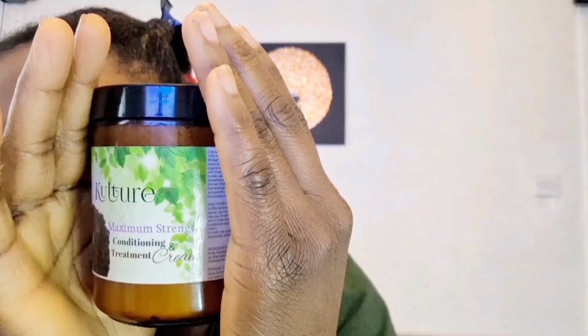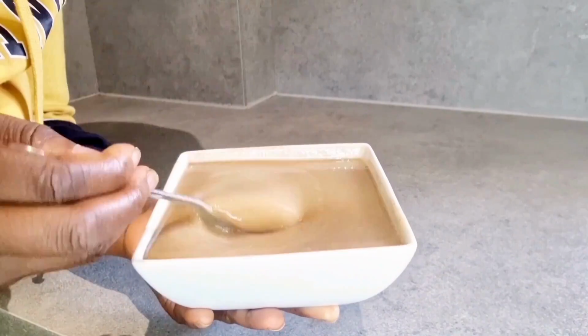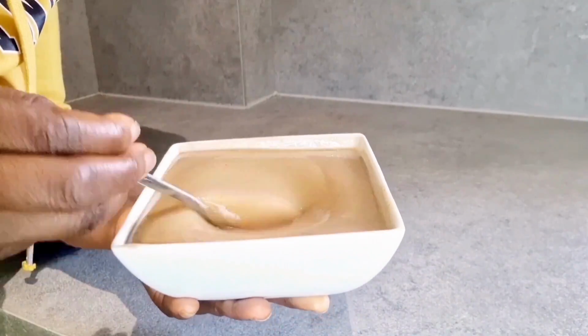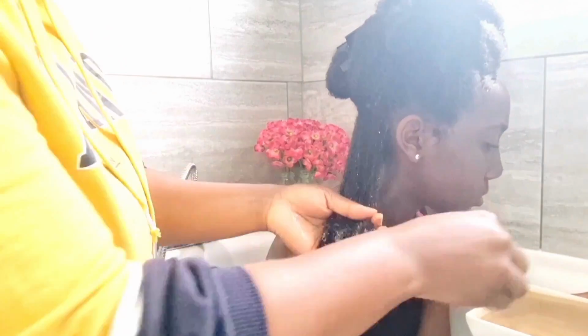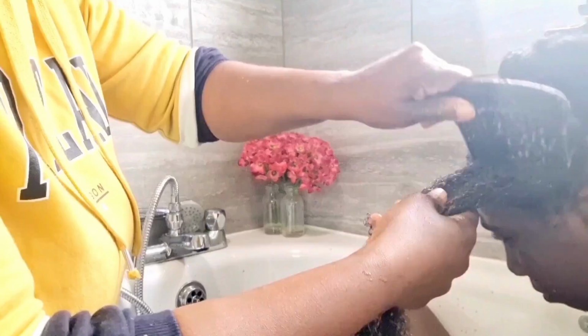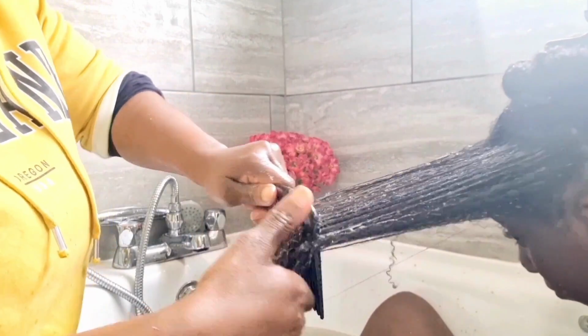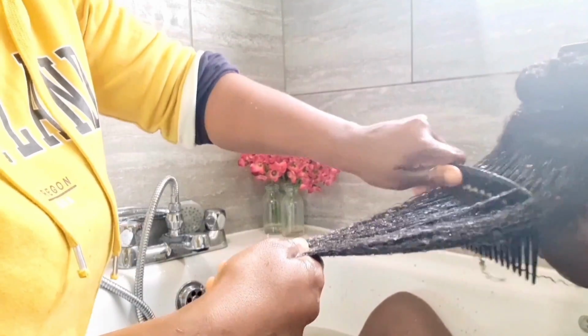She really didn't even know what it was. She only shampoos and goes straight to styling, and then just maybe applies some oils, and that was it. And her hair was breaking so badly. You know how much I believe in deep conditioning, even more than regular conditioning. Some people don't believe in deep conditioning, but I would say rather deep condition and skip regular conditioner than regular condition and skip deep